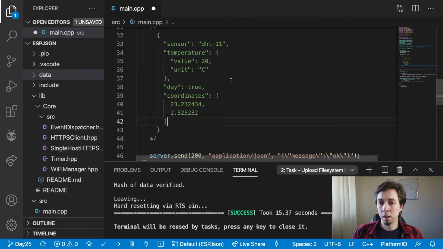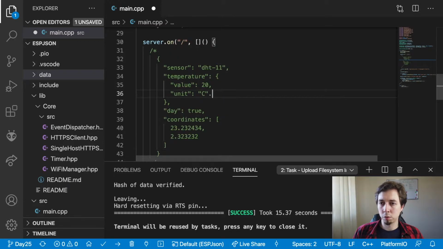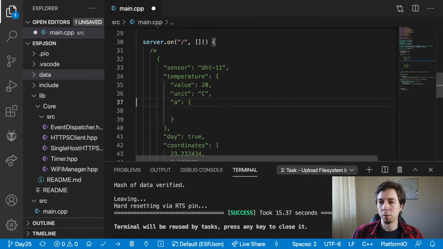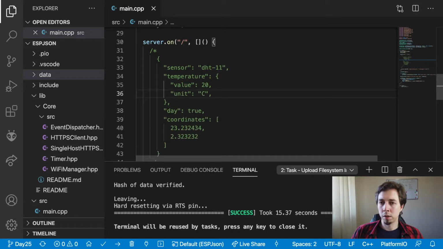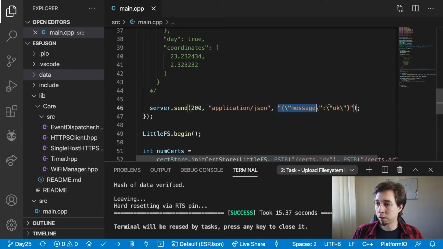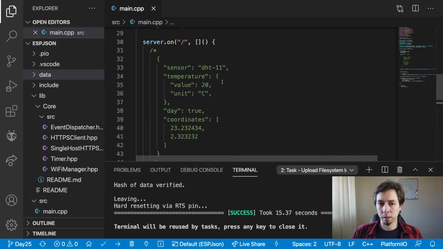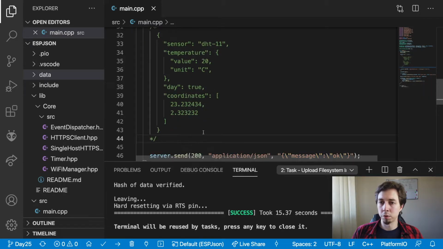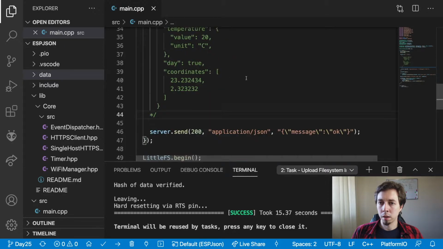Okay. And that could even go on, like this could be nested further, right? So we could have something like that and then go on and on, right? So for this sort of documents, working with strings or C strings would be very problematic. And this is the case where ArduinoJSON comes useful, because for that, what we could do is to take